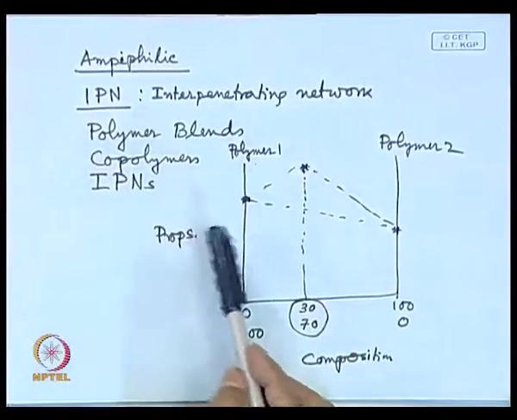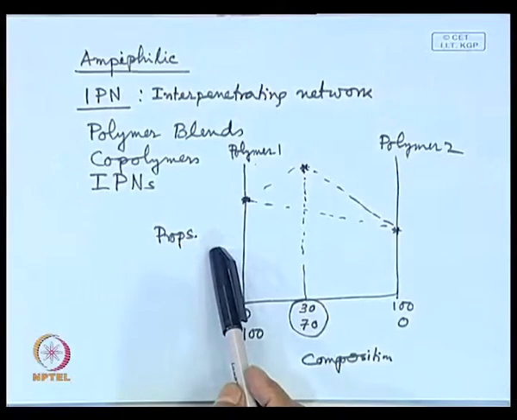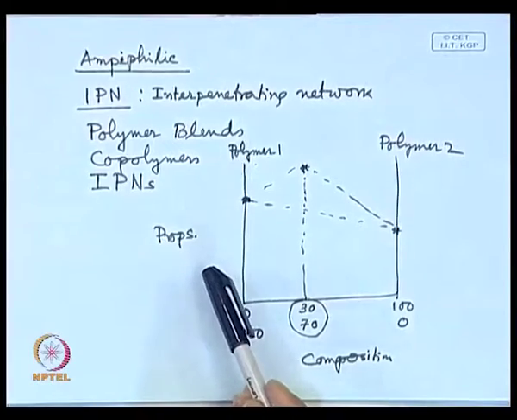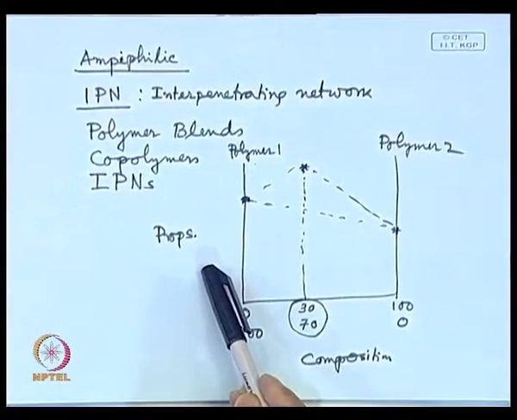Then, if it is solution blending, you remove the solvent and make the device. So, in the final blend form, it can give you this property. Now, this property may be tensile strength, hardness, elongation at break, or any dynamic properties, or any sort of chemical properties, or any optical properties, or any electrical properties. So, I am talking in terms of general aspects.